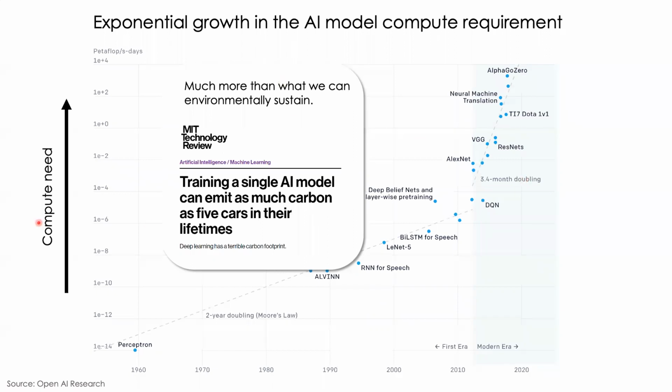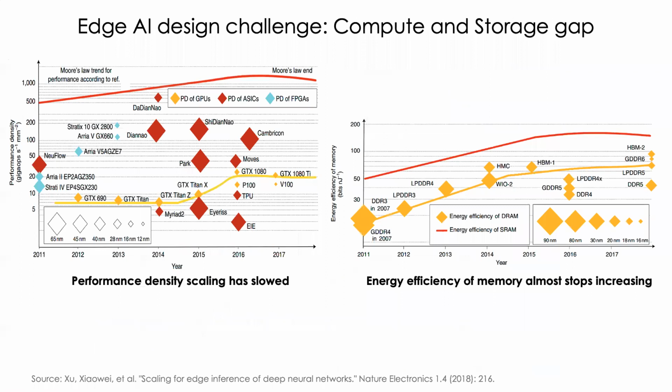If we now go ahead and try to create a better chip, we have already established that it's a no-brainer to bring intelligence on the device itself. That would mean that we need to create better hardware, a better chip on the device. But then again, we have a few challenges.